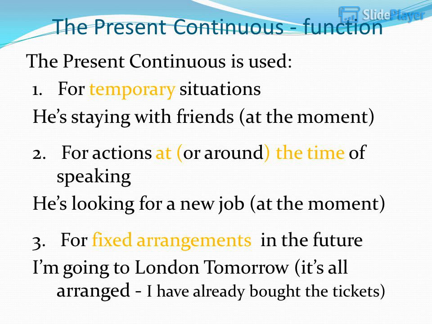The present continuous function. The present continuous is used, 1. For temporary situations: he's staying with friends at the moment. 2. For actions at or around the time of speaking: he's looking for a new job at the moment. 3. For fixed arrangements in the future: I'm going to London tomorrow, it's all arranged, I have already bought the